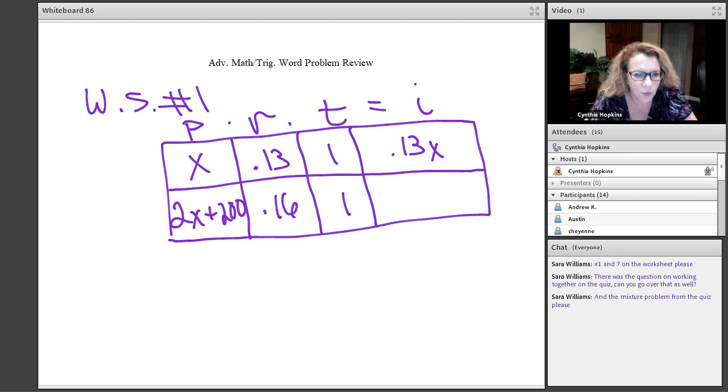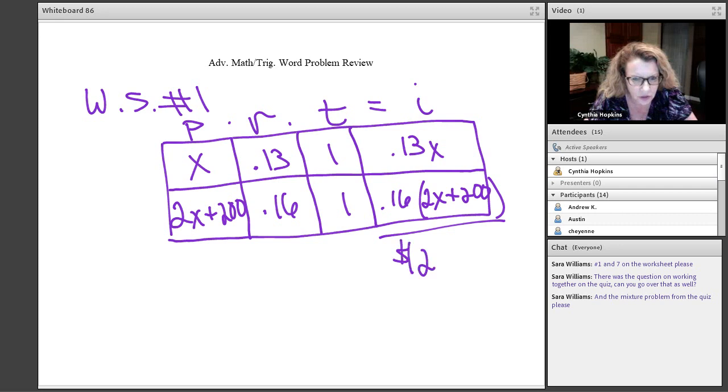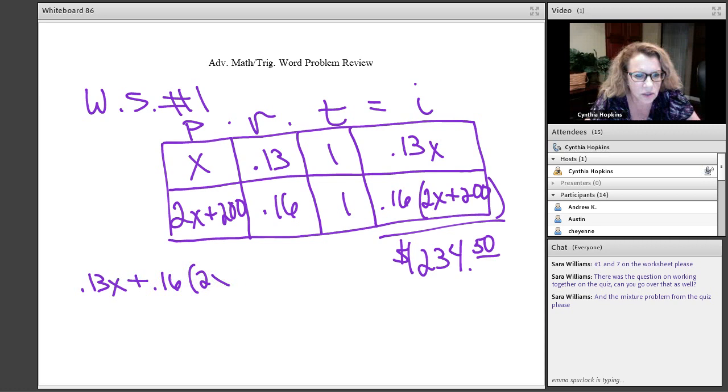So I get 0.13x for that. And then for this one, 0.16 times the quantity 2x plus 200. And then there's one piece of information I haven't used yet. It said if he had to pay a total of $234.50 in annual interest. Okay, so there's that word annual again. Okay, so my equation is 0.13x plus 0.16 times the quantity 2x plus 200, and that equals